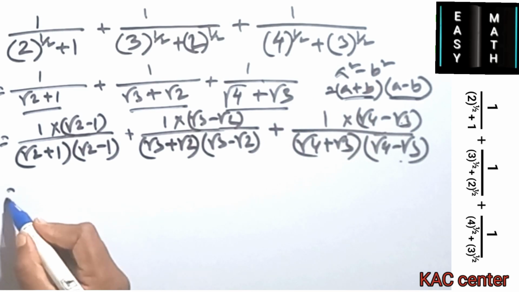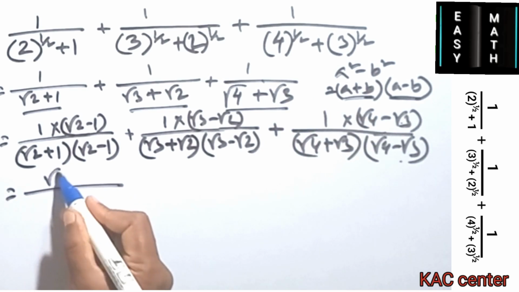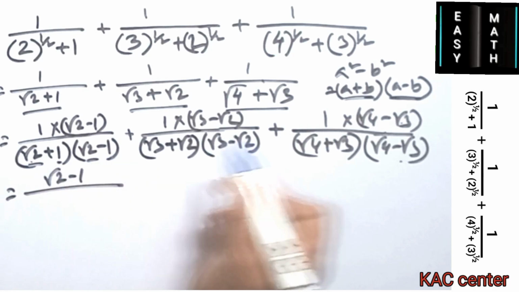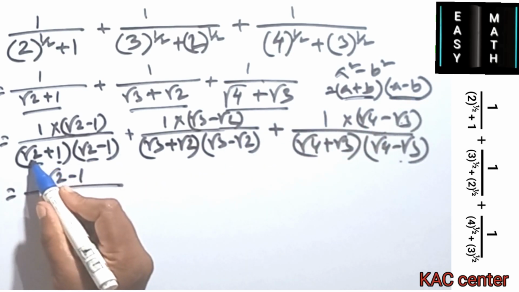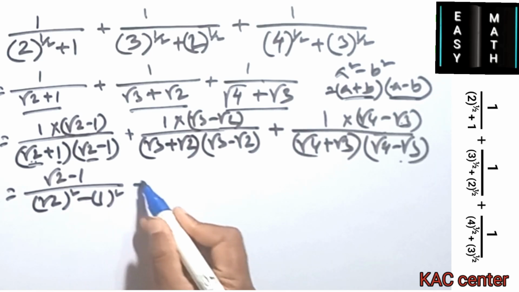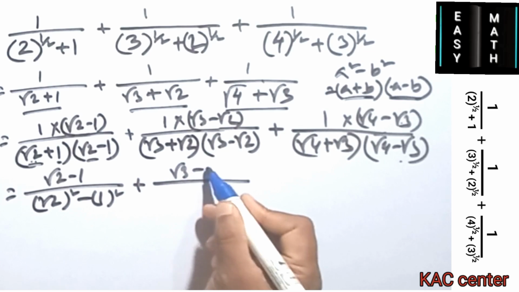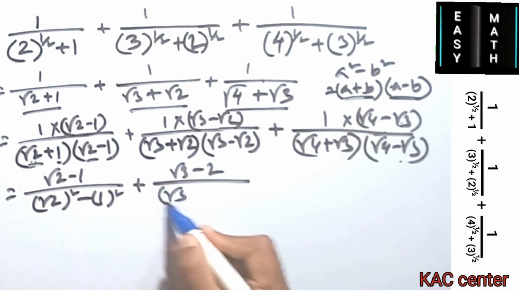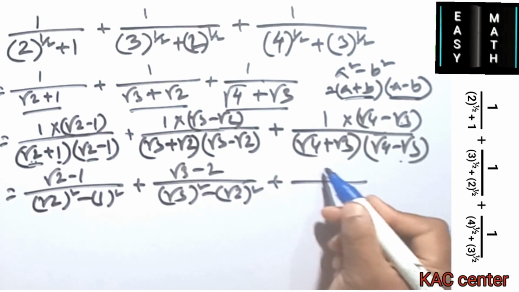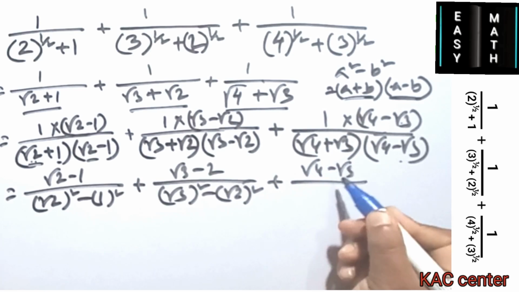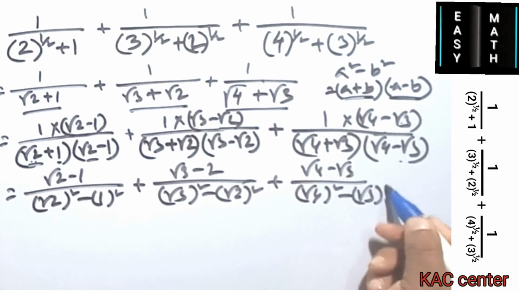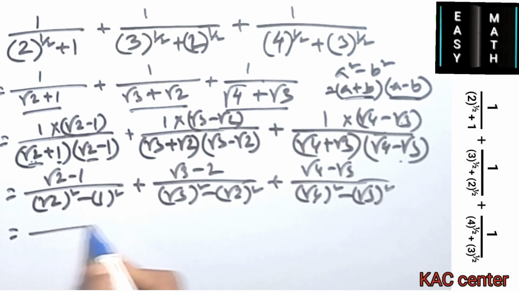And now there is root 2 plus 1, and this is the a and this is the b, so 2 square minus 1 square, there is root 3, and there is the 3 square minus root 2 square, and there is the 4 plus root 3, there is the 4 square minus root 3 square, and now there is root